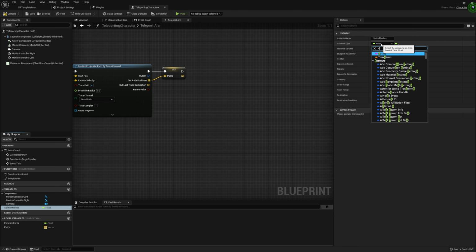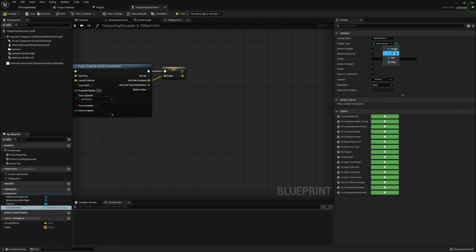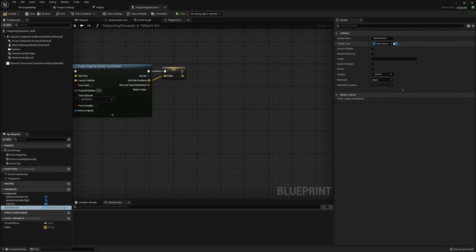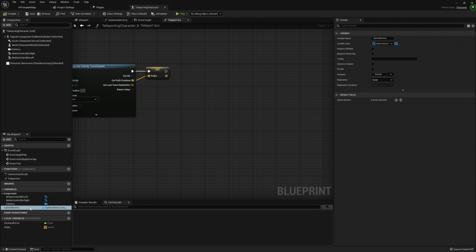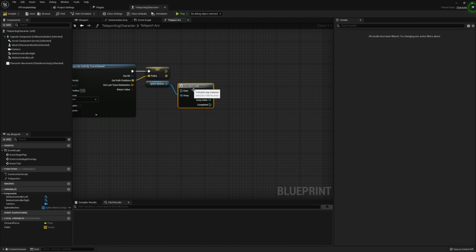And let me go ahead and look up spline mesh component, is what we're going to want here. So I'm going to make that an object reference. I'm going to promote this, or I'm going to change this to an array, not a single. And we can take this, and what we're going to do is for each of these spline meshes, we're going to destroy them